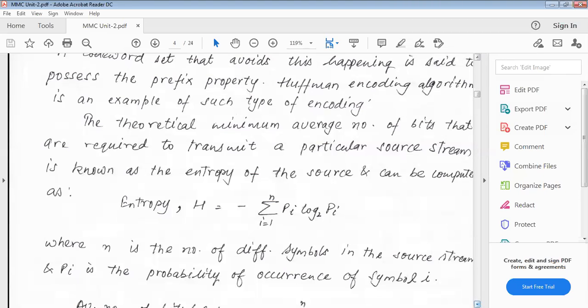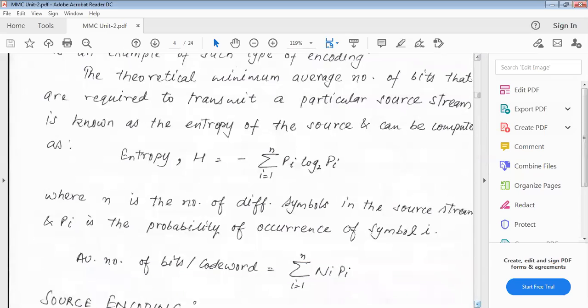For that, what they have done is this: the theoretical minimum average number of bits that are required to transmit a particular source stream is known as the entropy of the source. So they are finding out the entropy. What is the minimum average number of bits required to transmit the particular source stream? That is called the entropy of the source, and it can be calculated by using this formula: